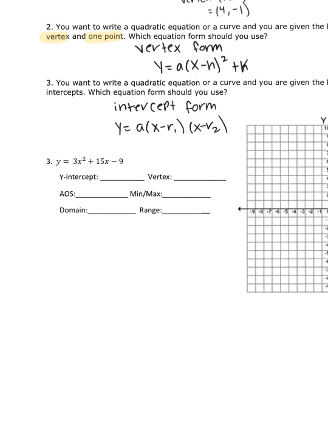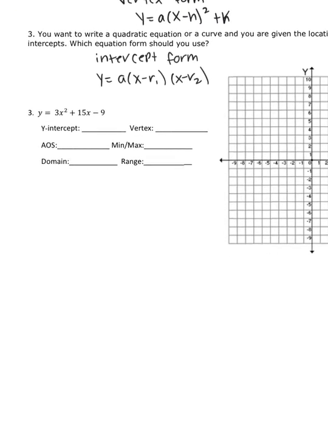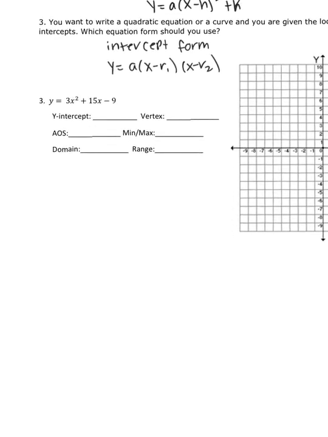For number 3, I would definitely use your calculator for this one. The decimals in here are kind of funky. I think on your test they might be whole numbers, I don't remember, but use your calculator for it. So I would type the standard form, so this equation, I would type that into your calculator in the graphing page, and